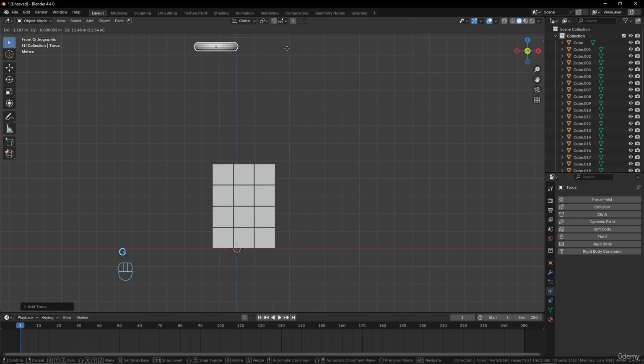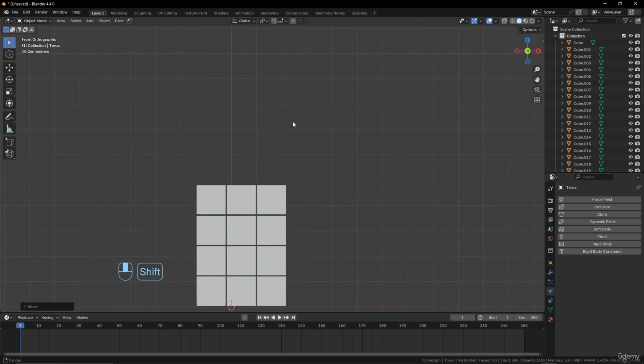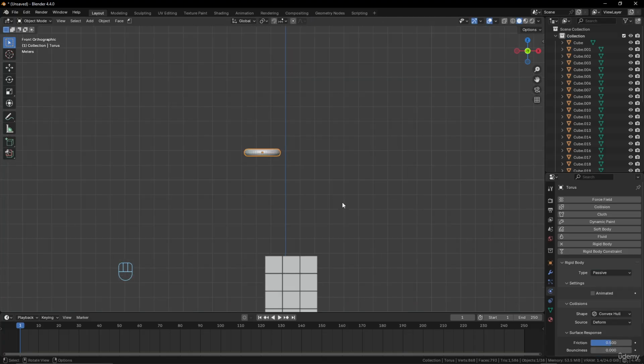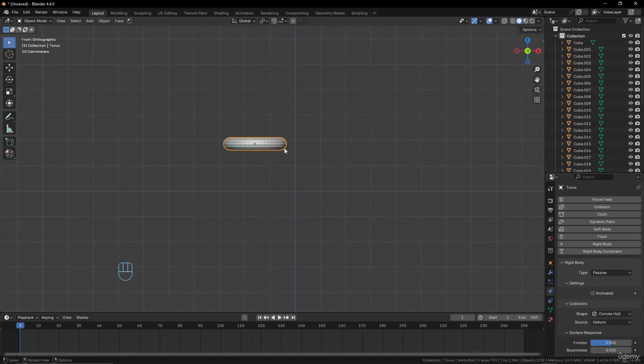And this will be the first link of the chain. Good. This torus will not move. This one will be a rigid body passive. It will stay over there. But the others, when I duplicate this one with Shift D,